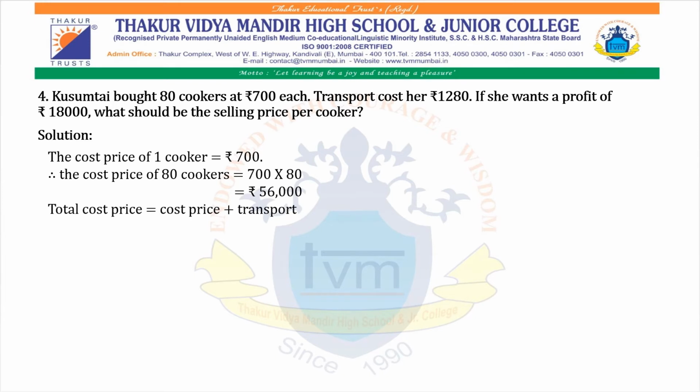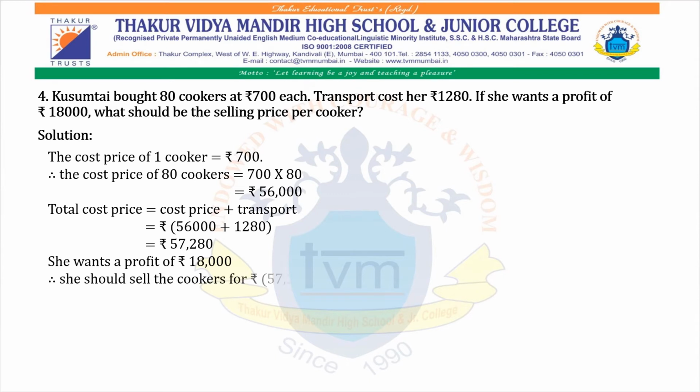Therefore, total cost price is equal to cost price plus transport, which is equal to 56,000 plus 1,280, which is equal to rupees 57,280. She wants a profit of rupees 18,000. So she should sell the cookers for rupees total cost price plus profit, that is 57,280 plus 18,000, which is equal to rupees 75,280. The selling price of 80 cookers is equal to rupees